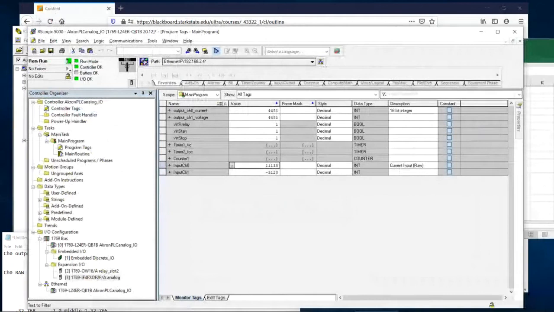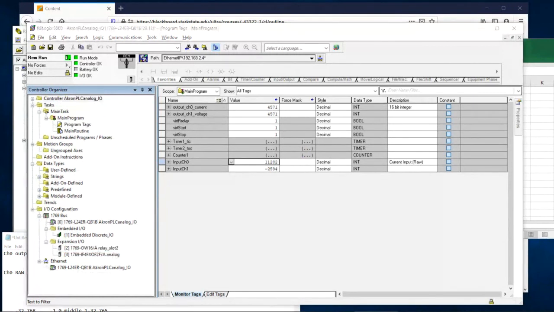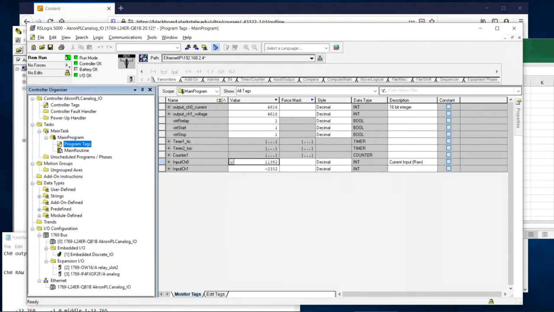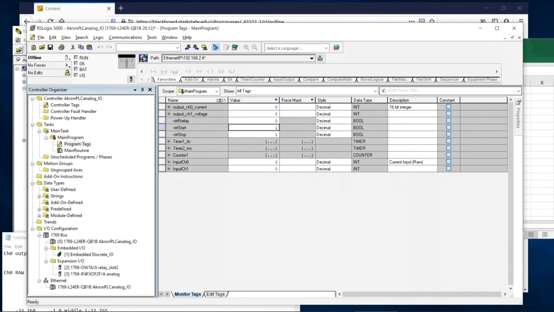Okay, but what I kind of tried to show you was how to come in and configure your modules, select your PLC, and talked a little bit about the tags, and creating the tags, and you can set the values. So again, if I go offline, I can come in here to monitor tags and I can set values. Or when I'm online,